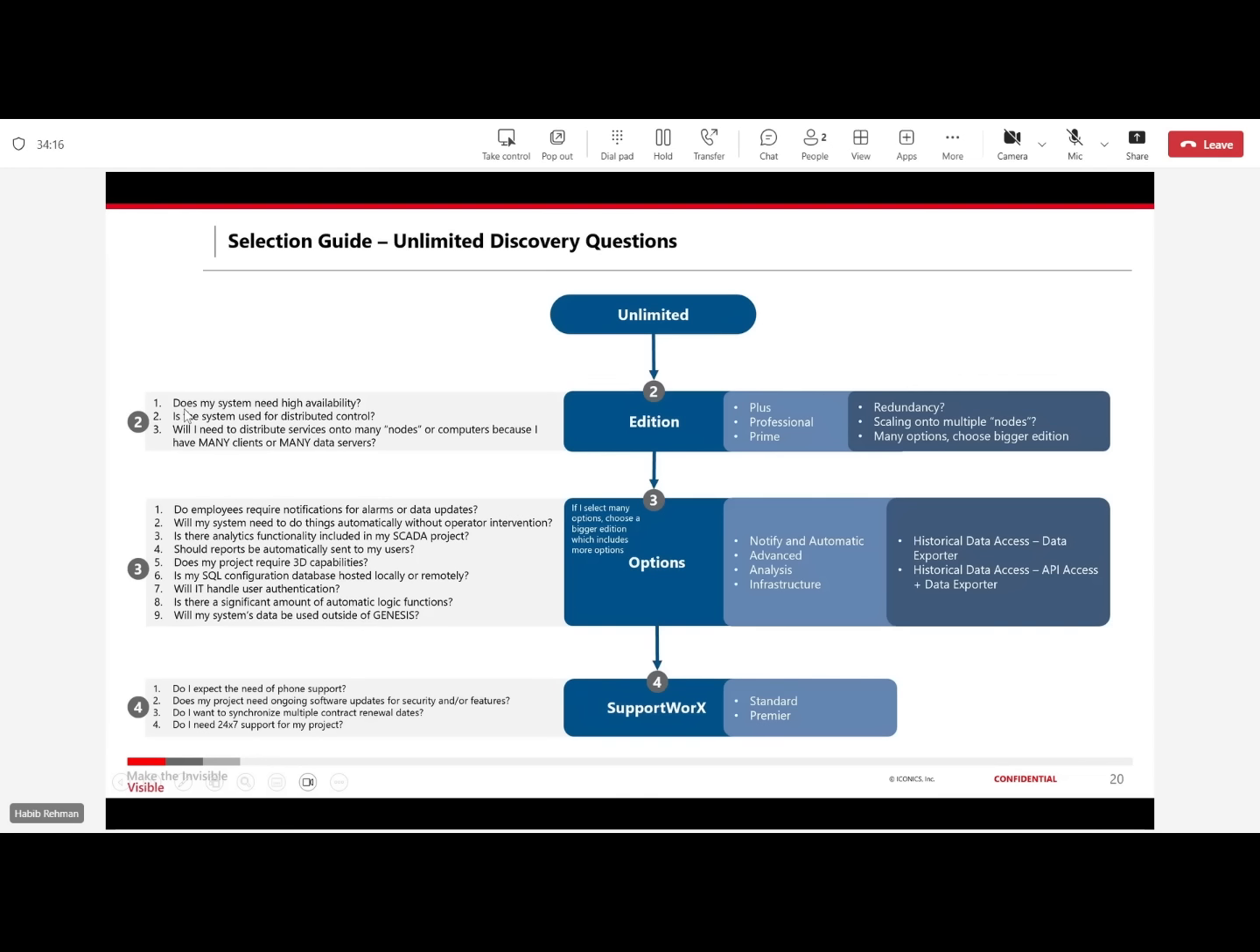we ask you the question, do you need high availability? In that case, that's redundancy. Do you need scaling into multiple nodes? How many nodes do you foresee for the future? If the system is good enough right now with the base node, but I may add another node, then plus could be good enough. But if you're saying my system may expand into multiple plants, connectivity, so I would see 6 nodes or 9 nodes,